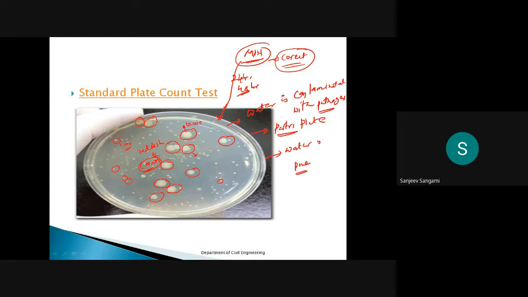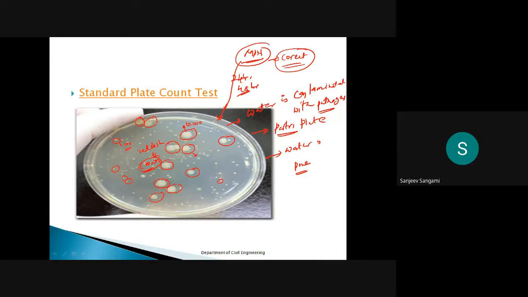It shows that pathogenic bacteria or some microbes are present in the water. I will say how to do it. You have to collect petri plates, which you will get in the markets. Sometimes you will get petri plates with the media also. Then you have to pour the sample of water containing the pathogens or microbes, and keep it in an incubator for about 24 hours or 48 hours.